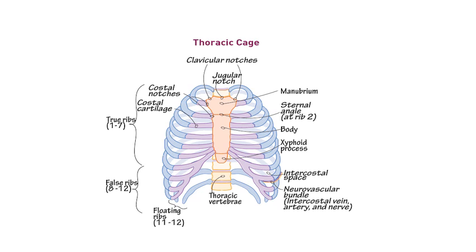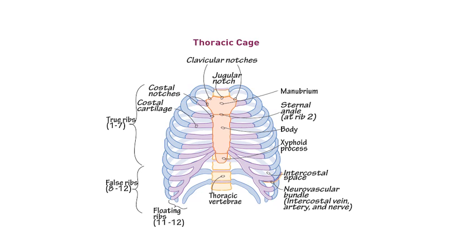You already learned about the thoracic cage in class 6 and 7 also. Just in front there is one very hard bone called the sternum, and at the top of the sternum there is the manubrium. The sternum is also called the chest bone. You can see the ribs coming out. Since you are in class 10, you should know how many pairs of ribs there are. It is given in the diagram: there are 12 pairs of ribs, not 12 ribs.